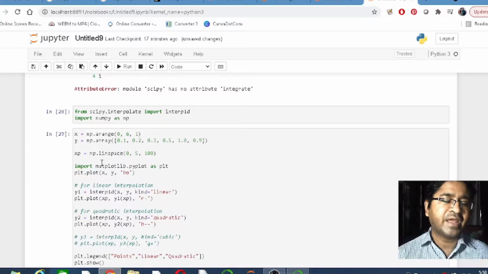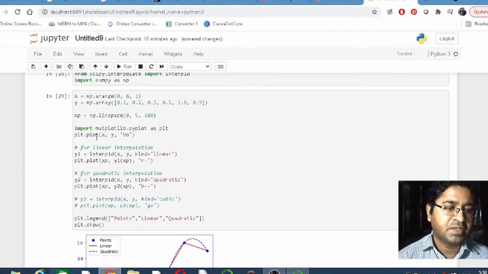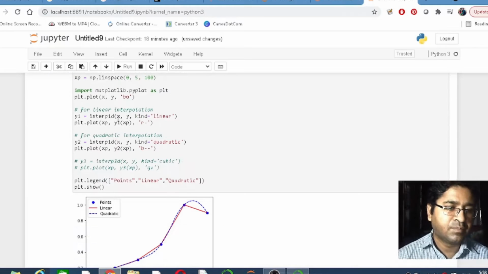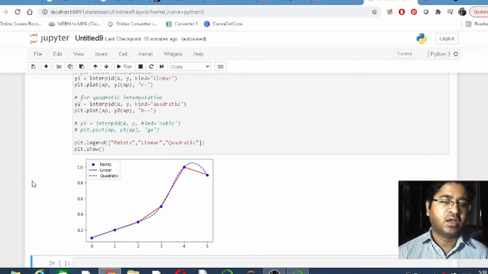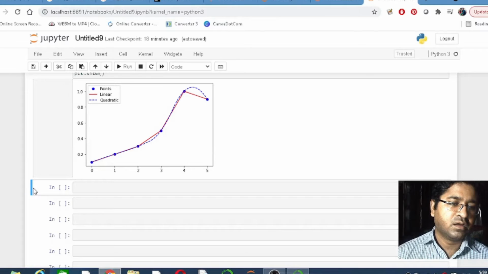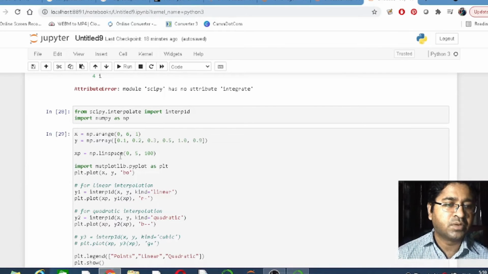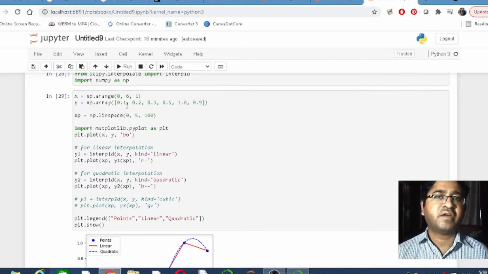This code I have already written here. x is np.arange, y is np.array, xp is np.linspace between 0 and 5 with 100 values, import the plot function, then assign the y1 value here, plt y2 value here, plt.legend means those are going to represent the dotted lines, straight line, and so on. Then show in order to represent the interpolation. So this is the linear interpolation, and we define it in this way. You can change your data with this x and y and just find out the linear interpolation.